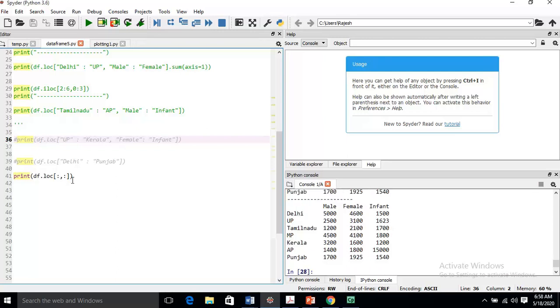You just see this is the same result. Colon means it will cover all the rows and all the columns. This is also a replacement of this. You can write this or this, either way you can write the code. There are numerous methods to write code, so you can use whatever you like.